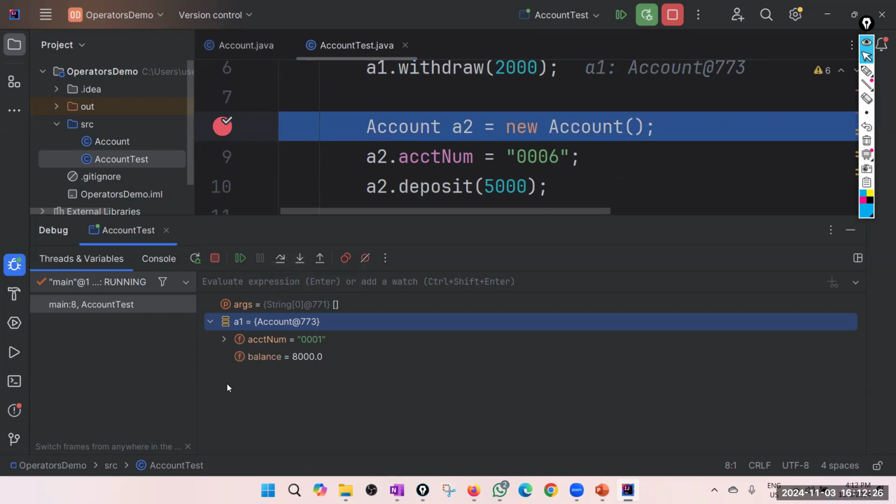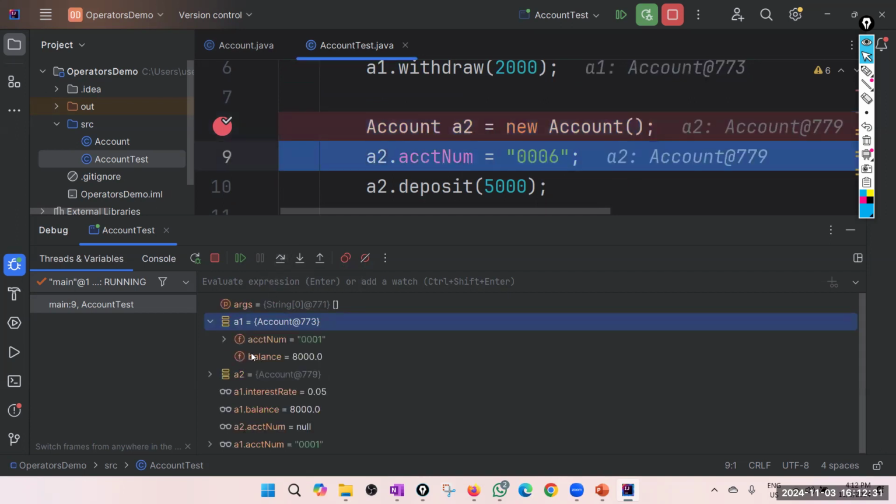After this line, there will be an A2 object also. Now you can see A1 object is there, A2 object is there. A1 object has account number 001, balance 8,000 because you did the withdrawal also. A2 object, the account number is not set and balance is not set because this line is not executed yet.